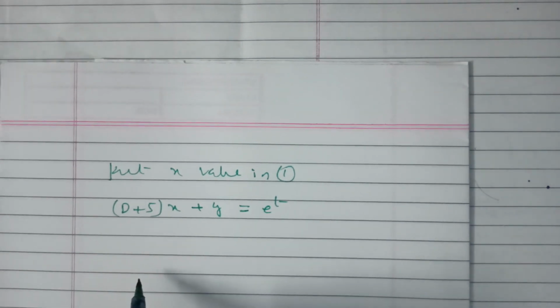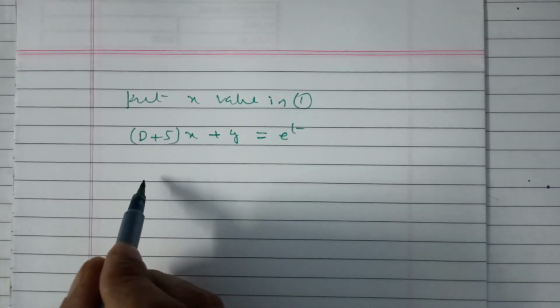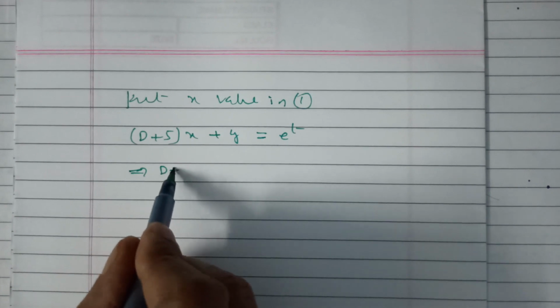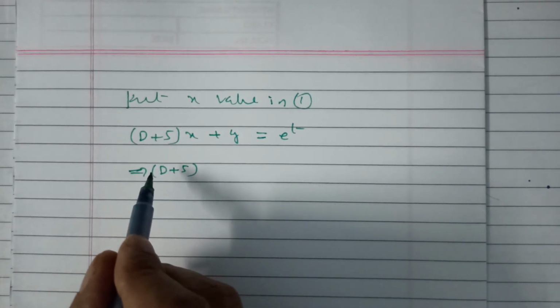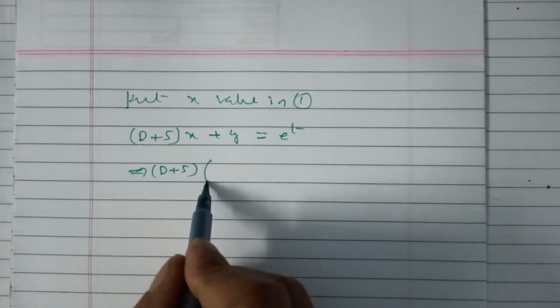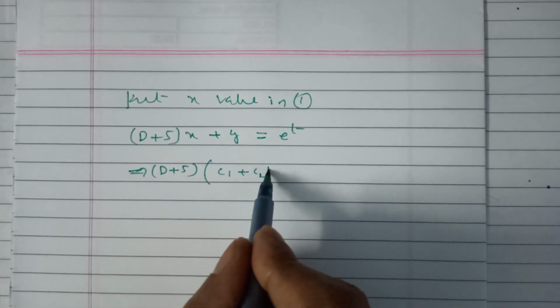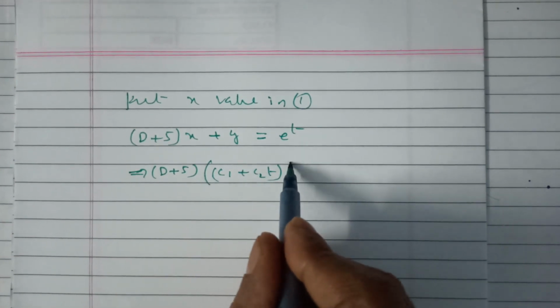In this we can substitute x value. This implies d plus 5 into c1 plus c2t e to the power of minus 4t